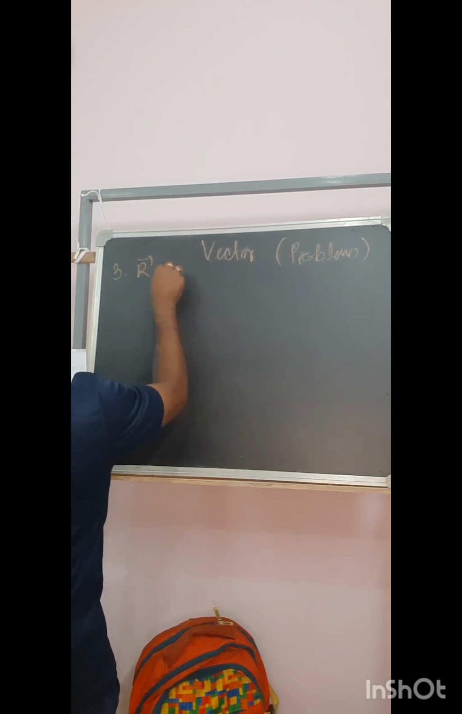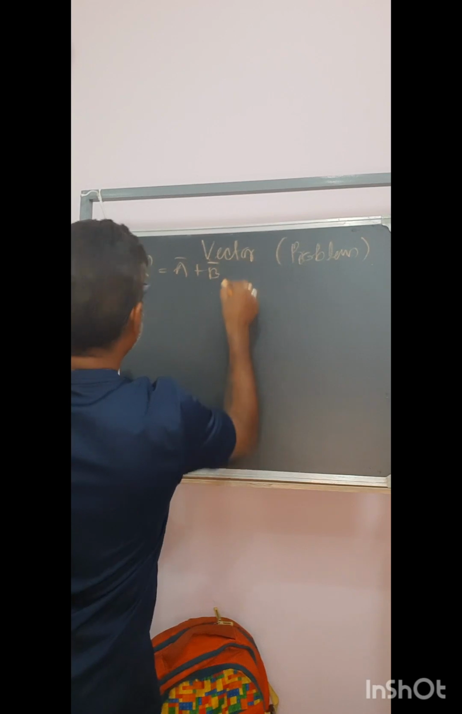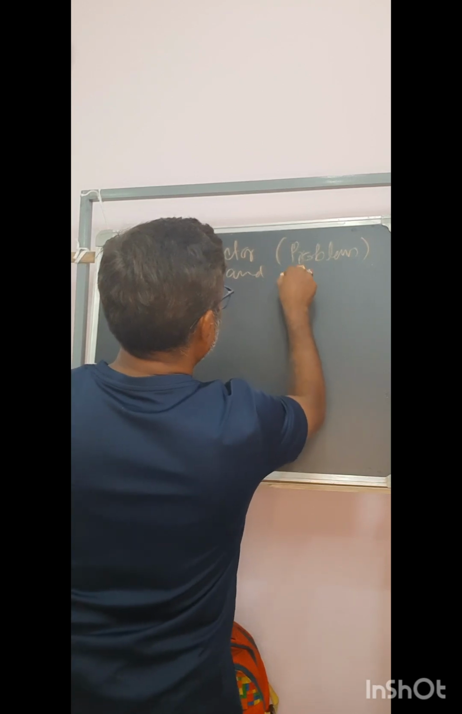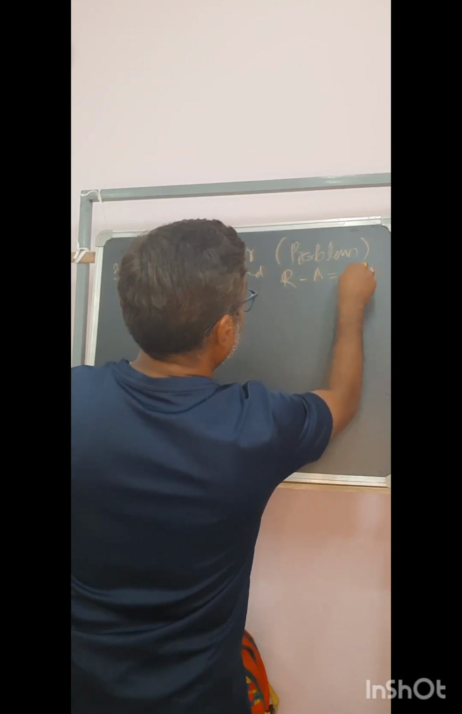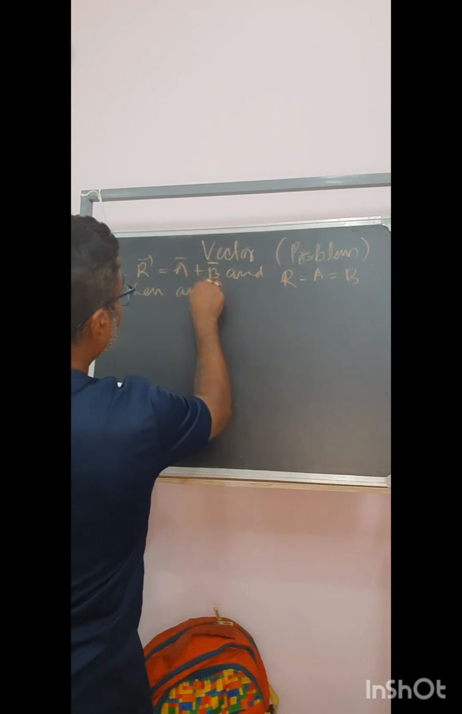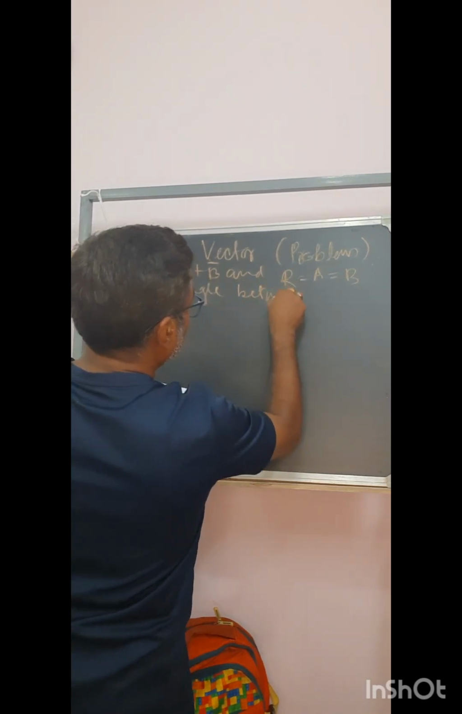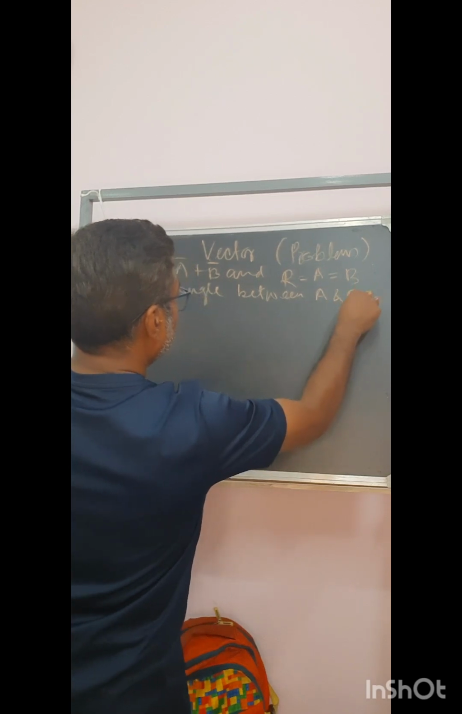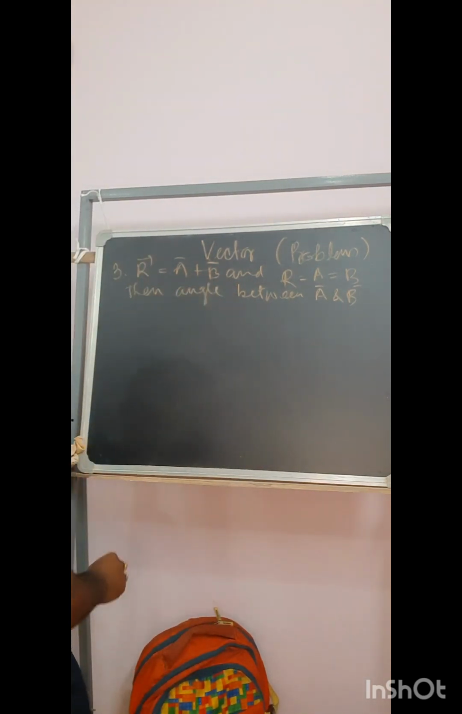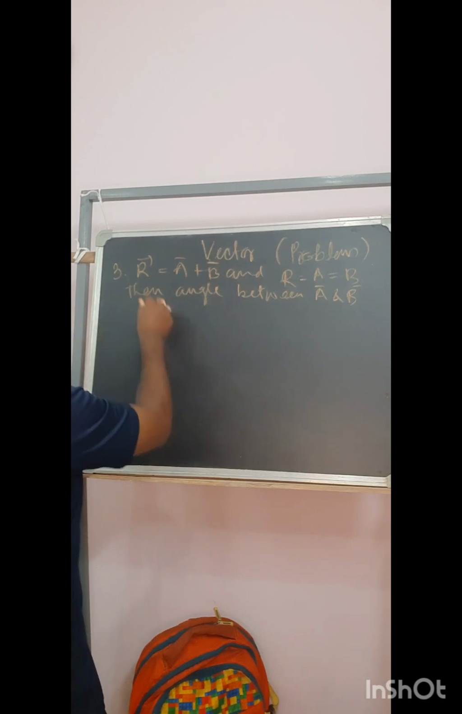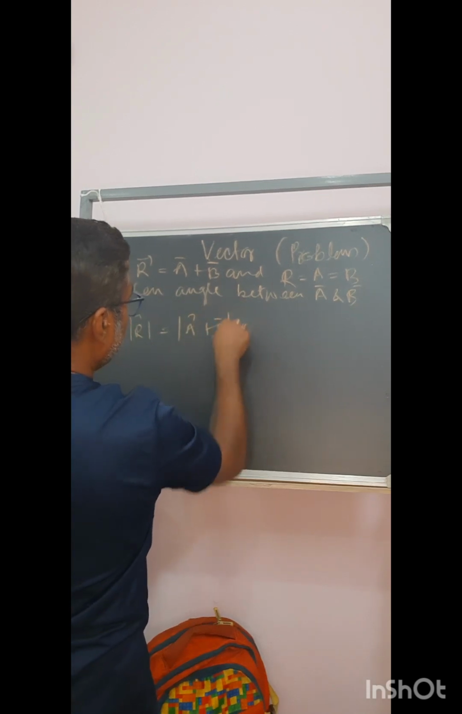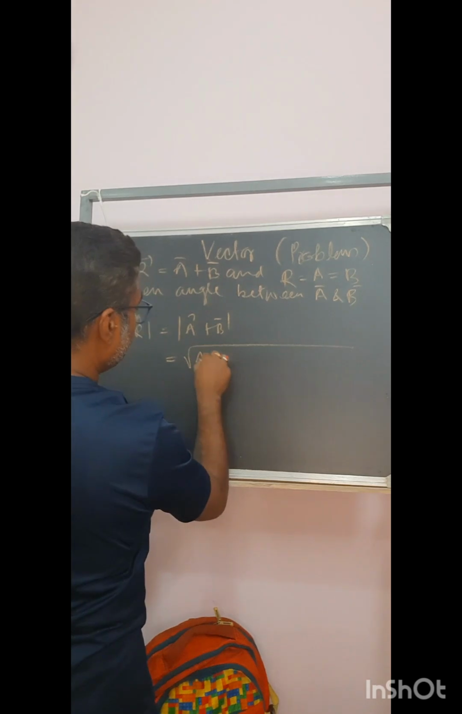If R vector is equal to A plus B vector, and the mod means the magnitude is the same, then find the angle between A and B vectors. So the resultant is A plus B, and if I say the mod of R must be equal to A plus B, that anyhow comes from this parallelogram